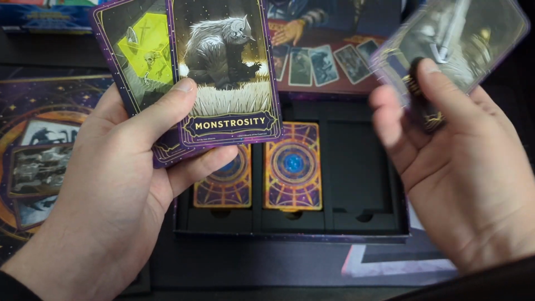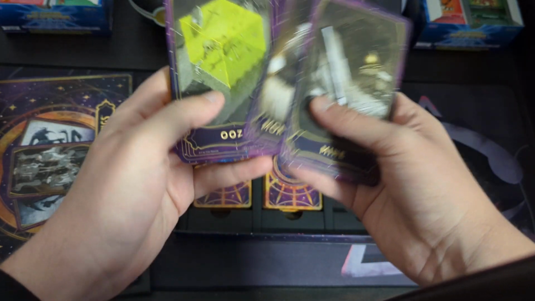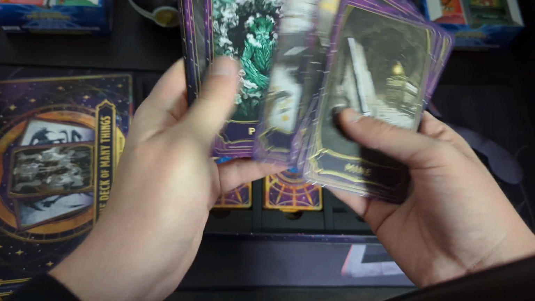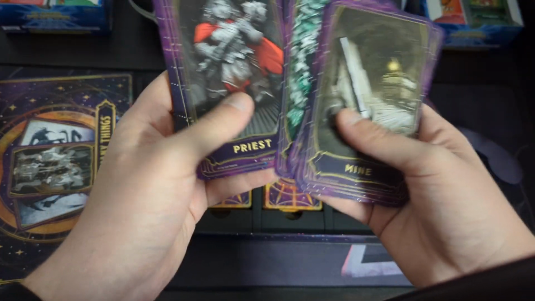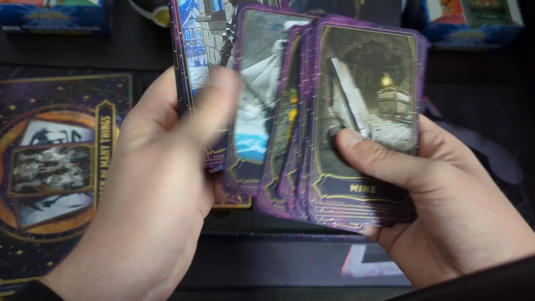So yeah, for Monstrosity, they chose the Owl Bear. For Beast, they chose an Almirage, that unicorn bunny. And for Ooze, they chose to depict a gelatinous cube, of course. Pretty cool. For Plant, they chose a Myconid. So I think it's kind of neat to see what sort of classic things they choose to